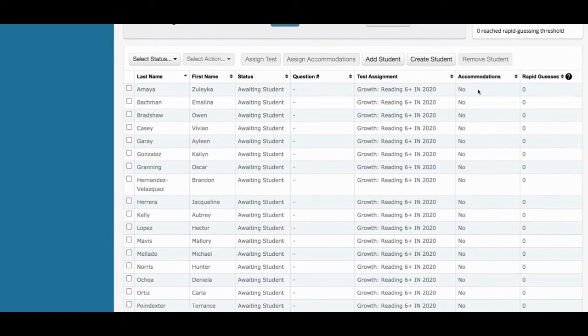And I'll explain accommodations here in a second. And then this, rapid guesses. This is just something to let you know if the system's detecting a student that's just kind of rushing through the questions. So as far as accommodations go, one of the reasons I created the sessions for you